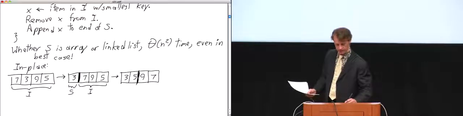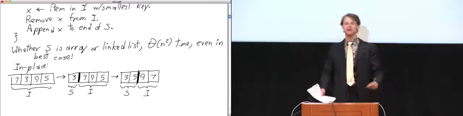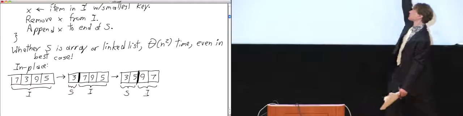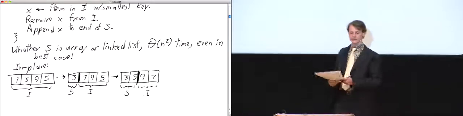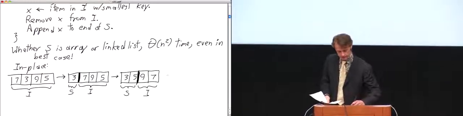And now we can move this barrier again, and we can say that the first 2 items have been sorted, and there are 2 items left that have not been sorted. Pick out the smallest item that has not yet been sorted, that's the 7. Swap it with the first item in I.